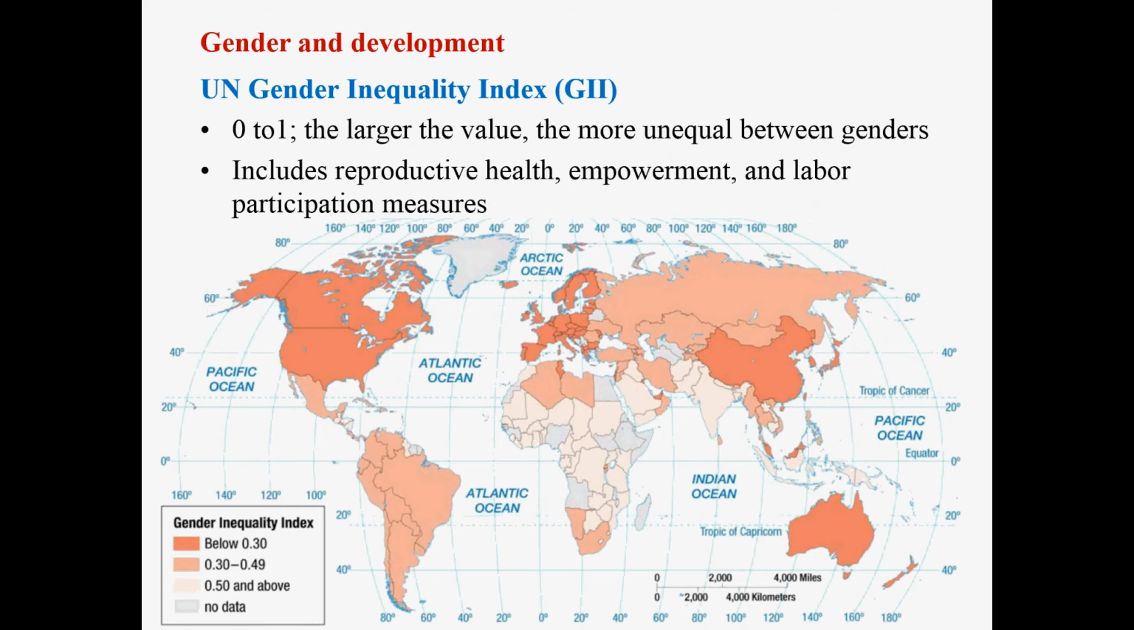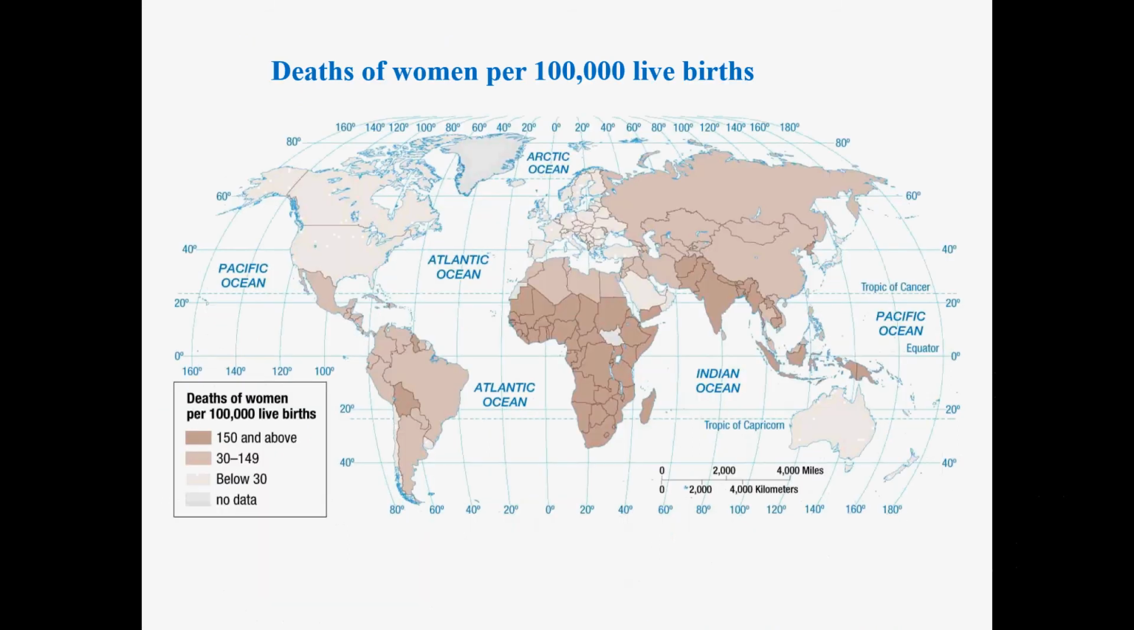So this map shows the gender inequality index, the number. We know that the larger the number, the more unequal between genders. So on this map, lighter colored regions are those regions that have a higher level of gender inequality. As we mentioned before, South Asia and Sub-Saharan African countries tend to have a higher level of gender inequality. So this is a part of a gender inequality measure that shows the